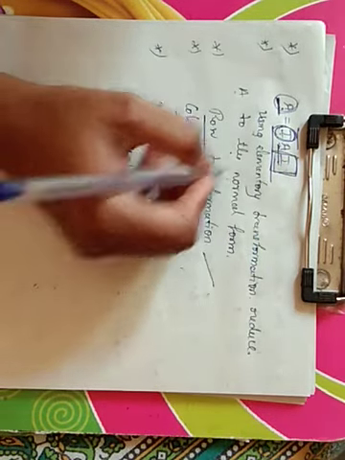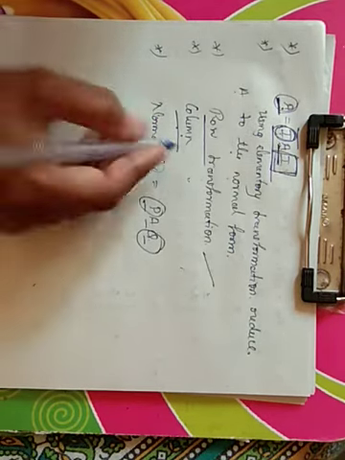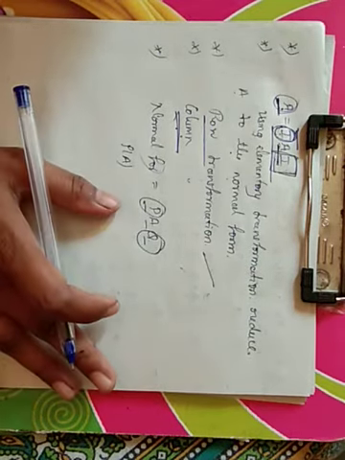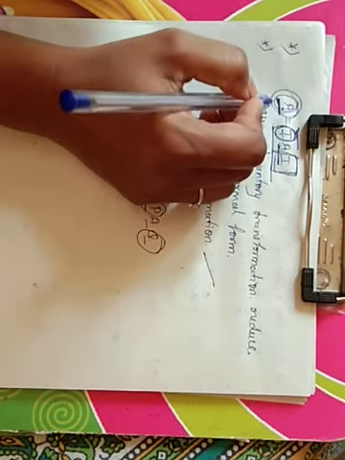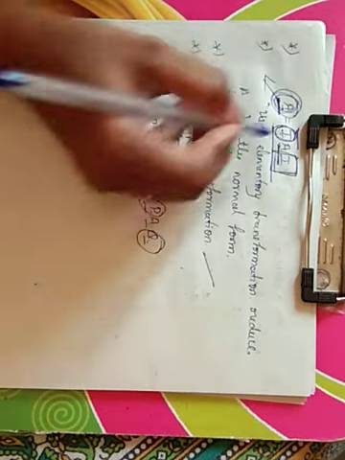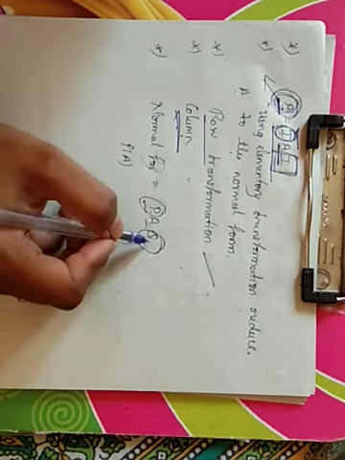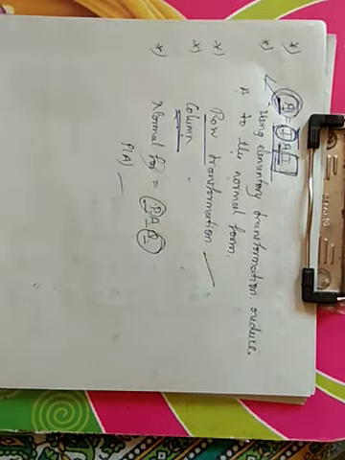When you apply the row transformation, keep the other two the same. Don't apply the transformation to those two. And when you apply the column transformation, keep those two as they are. After that, it is reduced to the normal form, and that normal form equals PAQ. Compare the first matrix to P, the second matrix to A, and the third matrix to Q. And using the normal form, we find the rank of the given matrix. So that is the procedure of solving this kind of example.